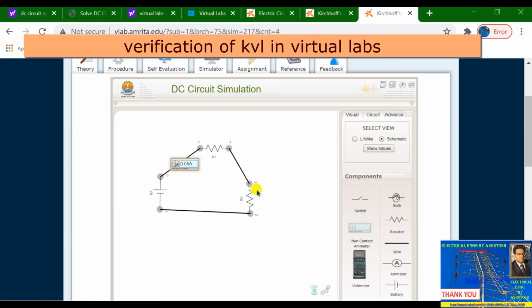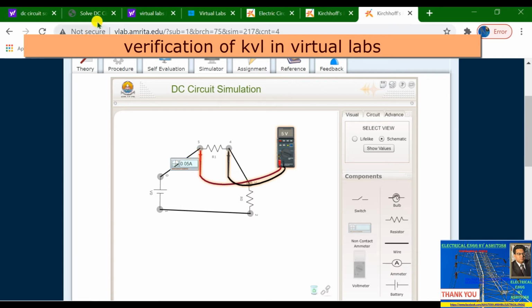So just like this we have to select this voltmeter, and when you put this terminal, this electrode here and another here, then you will get the value of voltage. This is the 5 volt, and it is set at the voltmeter. This voltmeter is displaying the value 5 volt. Okay, so 5 volt is the value of voltage across resistance 1.